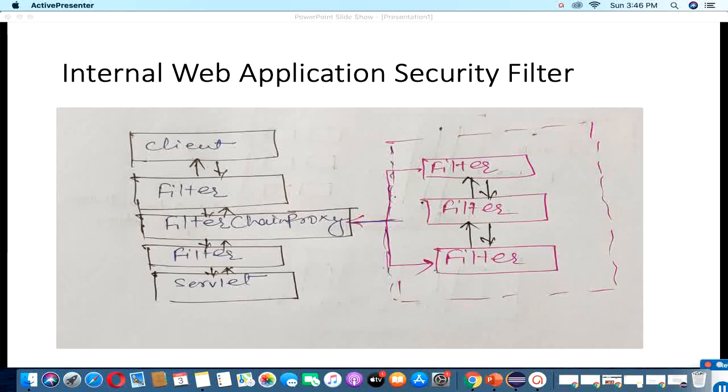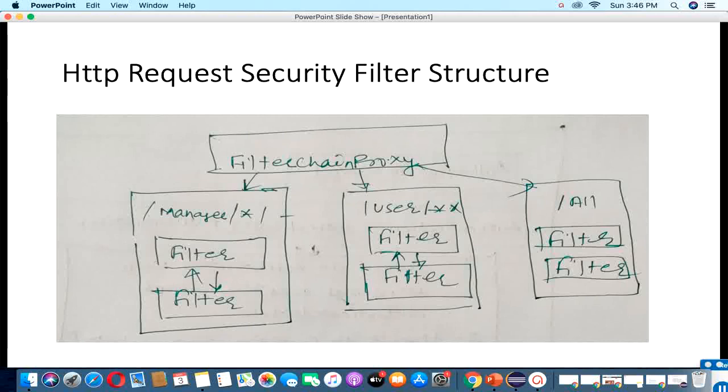On the basis of the role, it sends the request to the concerned filter. This shows the different types of filters. In the next picture I have shown you all this information.